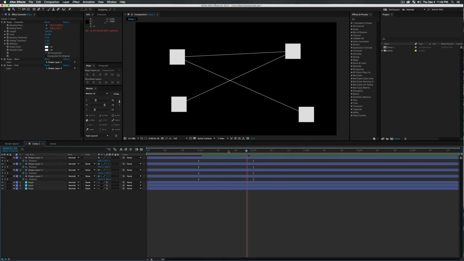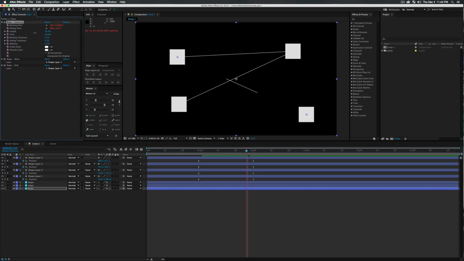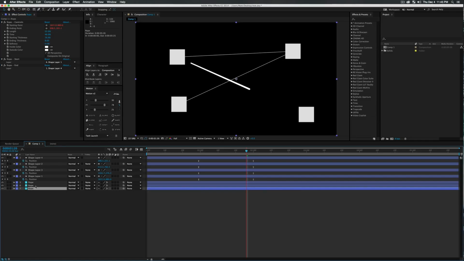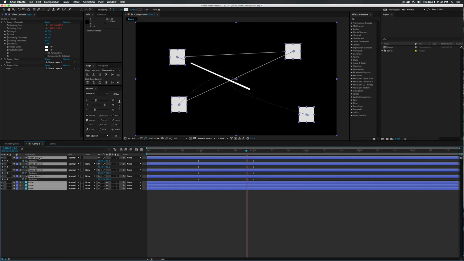the poor man's plexus in a way, and all these things can be changed, everything from the length to the time, so jumping between them, as well as the scale of the line or thickness of the line. So this is a really fun way to just add a little extra stuff to your animation and use that poor man's plexus, and stacking this with all the other effects, you will wind up with something really cool and